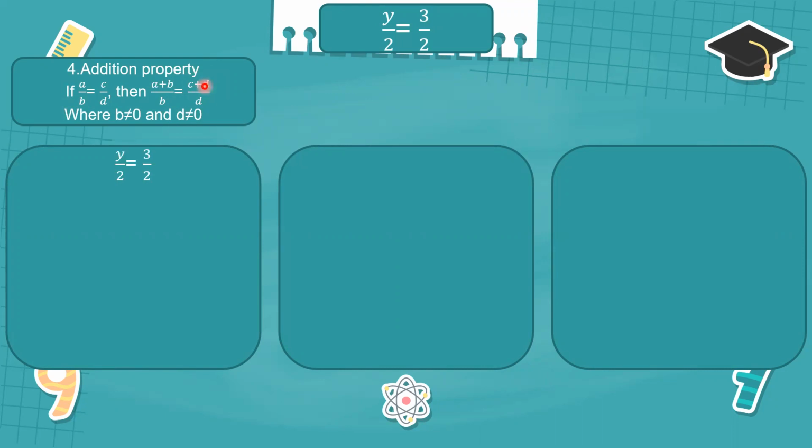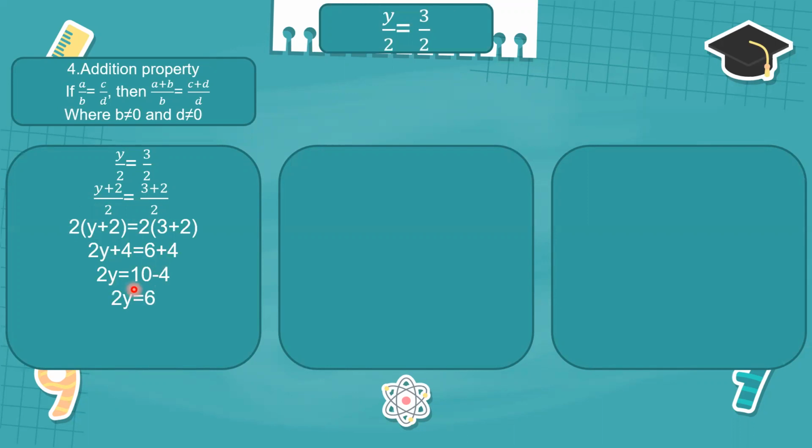Okay, so let's try. So y over 2 is equal to 3 over 2. So let's just add yung mga denominator natin. That would be y plus 2 over 2 equals 3 plus 2 over 2. Cross multiply. So 2 times quantity y plus 2 equals 2 times quantity 3 plus 2. So let's use the distributive property. That would be 2y plus 4 equals 6 plus 4. So 2y equals 10